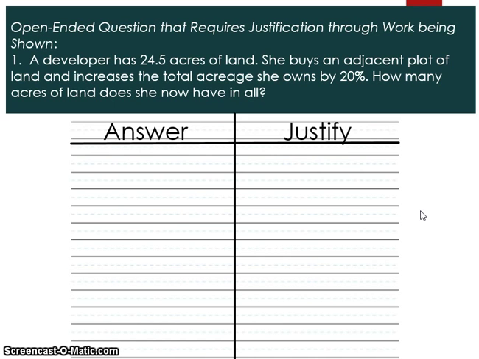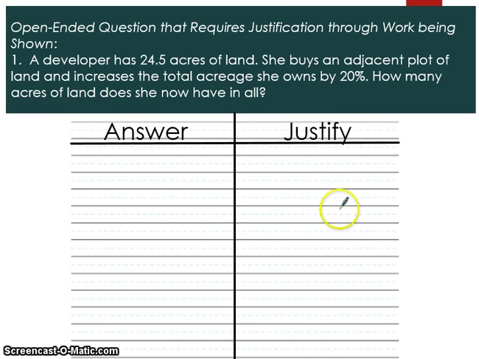4 questions. We're going to do one of each type of question that you may encounter. So the first type of question that you may encounter is an open-ended question, which means it has no answer choices, that requires justification through work being shown. So in other words, you can't solve this problem without doing some calculations. So since it's open-ended, on our answer side, we are going to end up restating the question. And on the justify side, since it needs work to be shown, we're going to be showing calculations there to